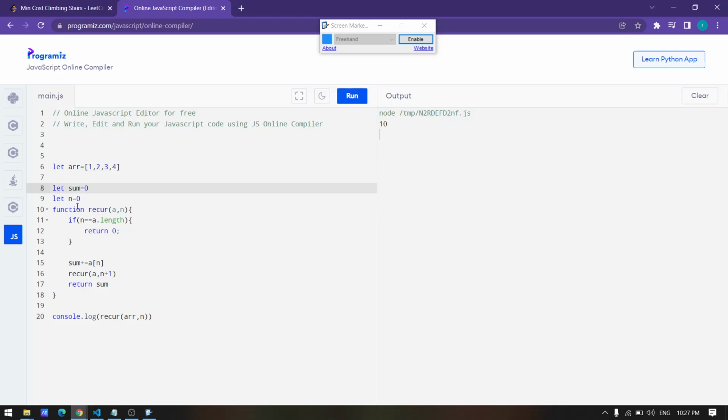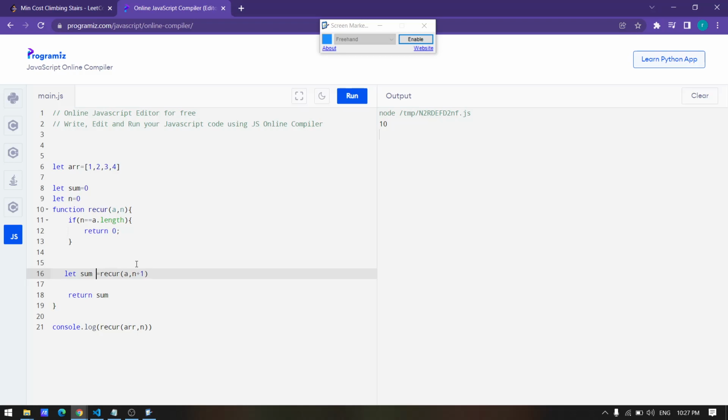So you can see that this is the first way. So what is another way to sum it up? Like, what can I do? I can declare a sum here, and what I am going to do now is sum is equal to recursion of n plus 1.